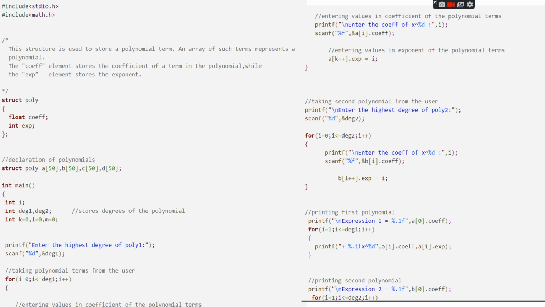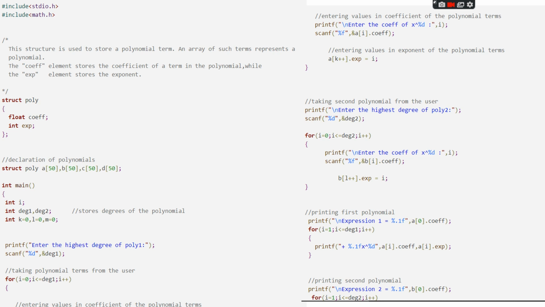So entering the values of the exponents of the polynomial terms. The value of k is 0. As long as we take the value and coefficient of x from x^0 to x^5, we'll be taking the exponent value simultaneously as well.